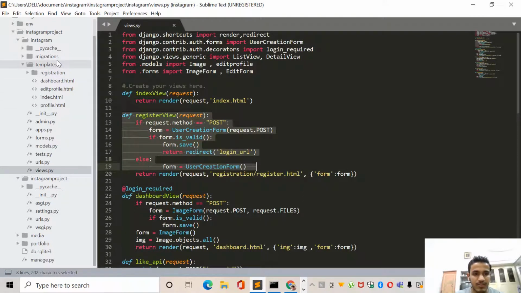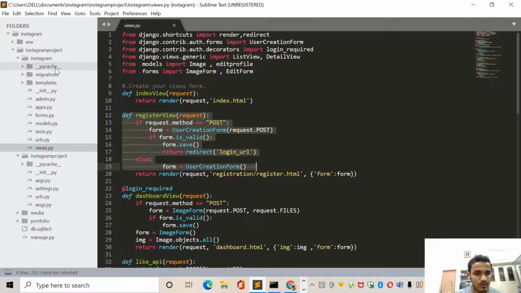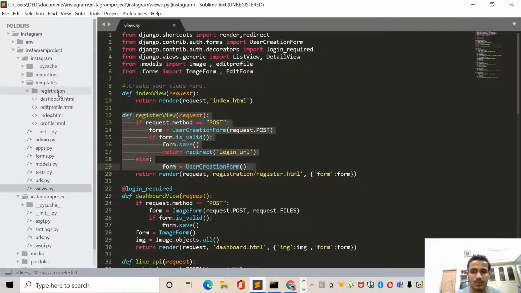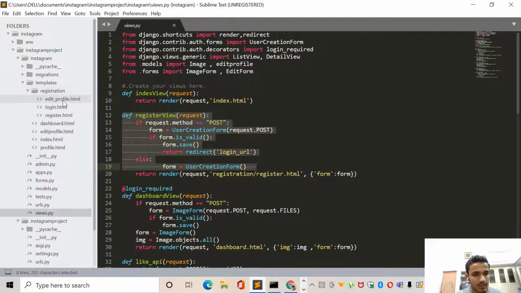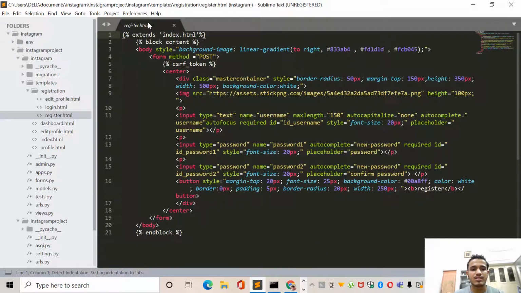As we are instructed, create a folder named template. We created a folder named template, and then create another folder named registration. And in this registration, create a file named register.html. For register.html, the first line we need to write is {% extends index.html %}. This line is written for connecting each and every file written here to the index page. The index page is the main page from where a user is logged in and logged out. So we are connecting all these files to index.html, and for writing any HTML file in Django, we